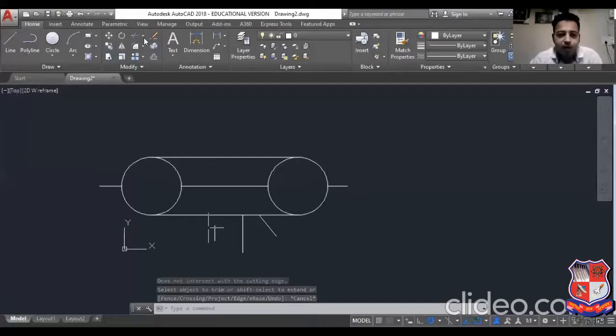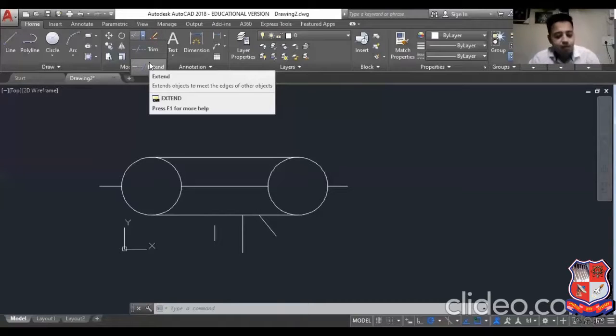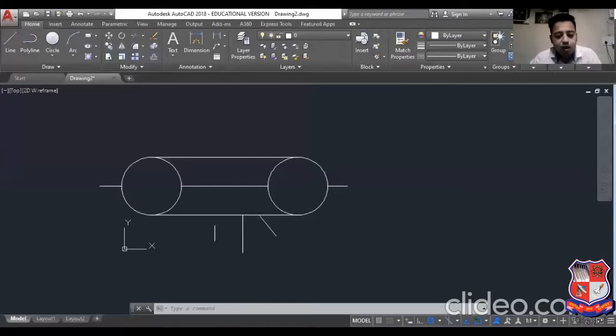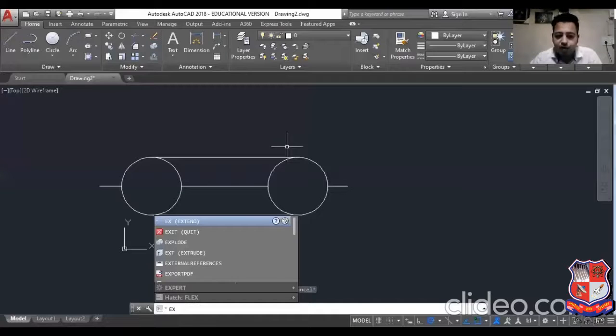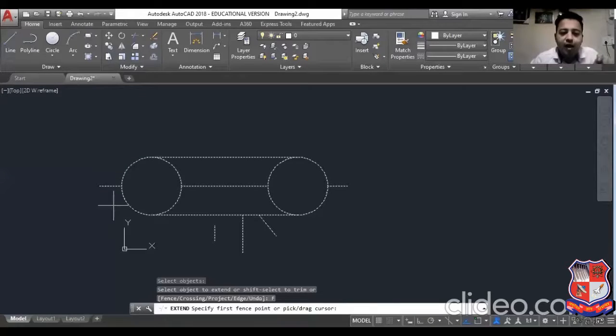Okay, trim command. Now next command is extend command. Okay, so extend command means what? It will extend the line, or it will extend the arc part, right? Shortcut is EX enter. Okay, and if you select all the objects, enter, then you can see the same options as for the trim. Okay, it means if I do fence, suppose I want to extend this line up to this line extension, this line extension. So I will create a fence boundary. See, you can see the preview also.